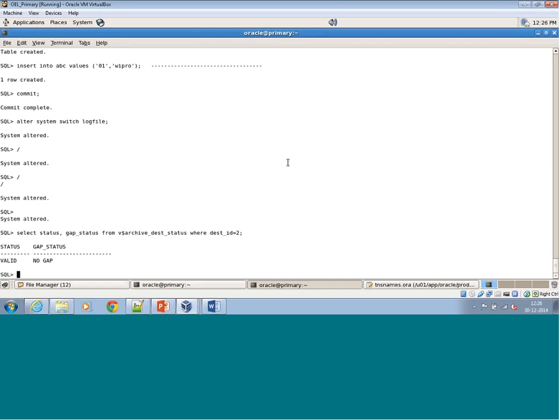Okay, so here we don't have any gaps. If you get in a production environment, you don't always get no gap. If you are just lucky enough, you will be getting no gap. Or if suppose there was a network issue or something as such, then you might get an error or you might get a resolvable gap